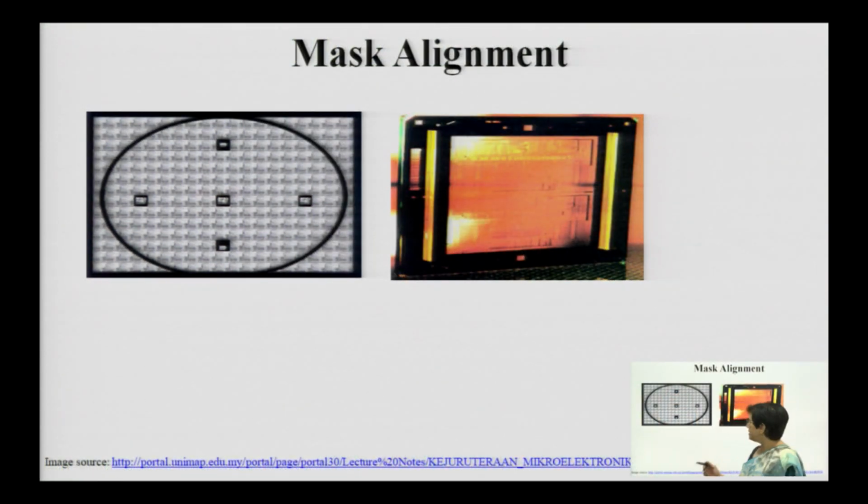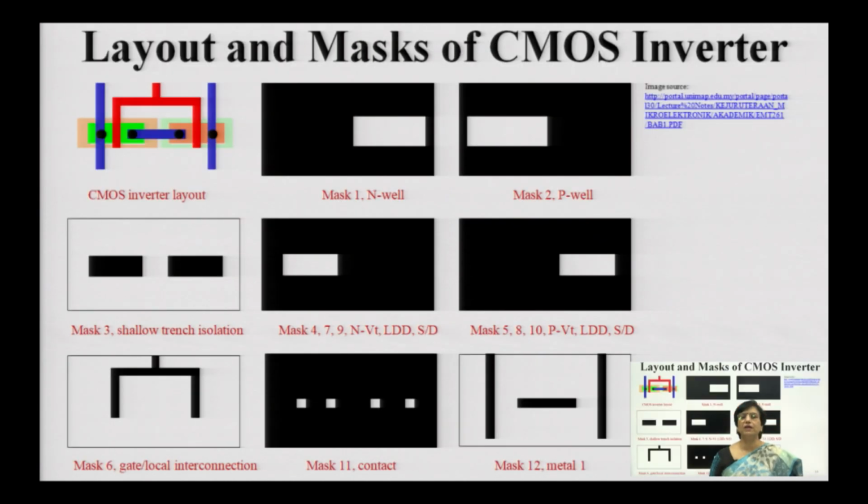Once the alignment is being ensured, there are specific indentation marks made on the wafer through which the alignment is done. Similarly, you have some reticles, vertical and horizontal lines made on the wafer before going for pattern transfer, so that the composite masks are exactly aligned with each other and you do not have any misalignment as far as your masks are concerned. So, here is an example to make your concept clear.